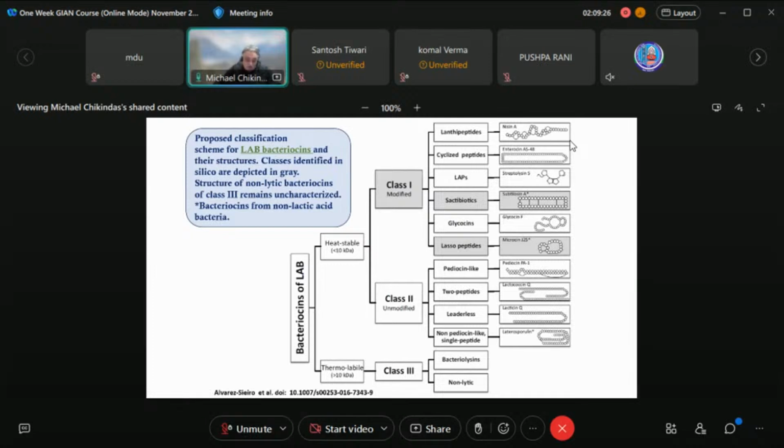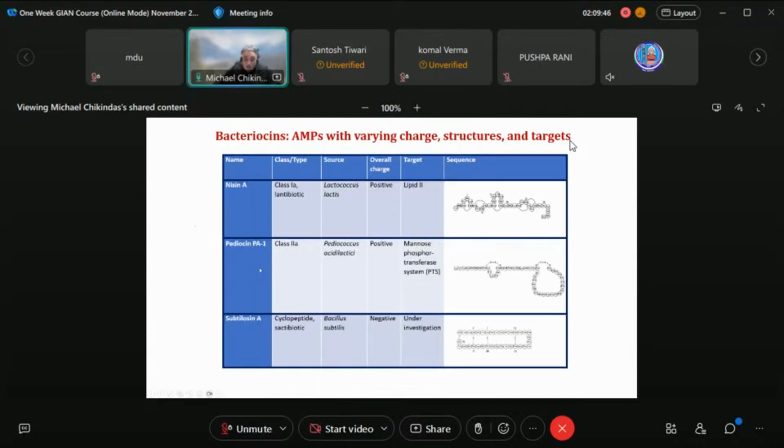You may remember we were talking about two-peptide bacteriocins when dealing with the model studies controlling obesity, and that's from the Irish group, University College Cork, and other colleagues. So, some examples of bacteriocins, and the reason I put together this table is to show